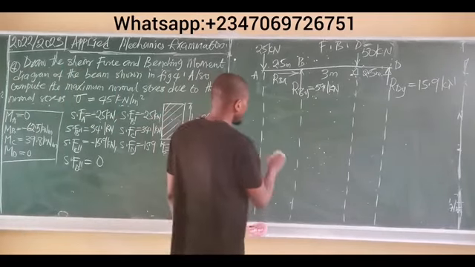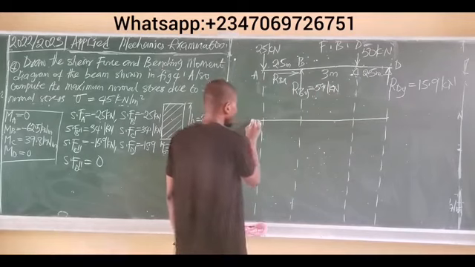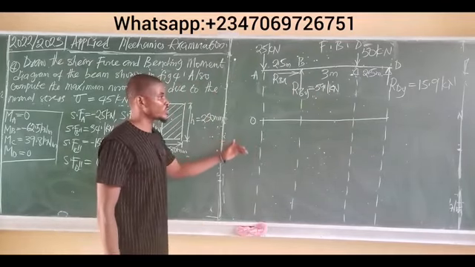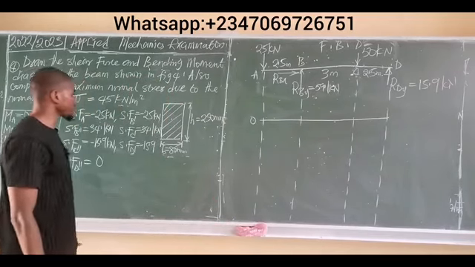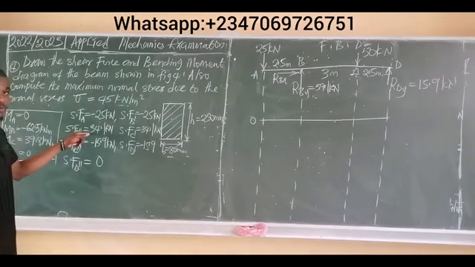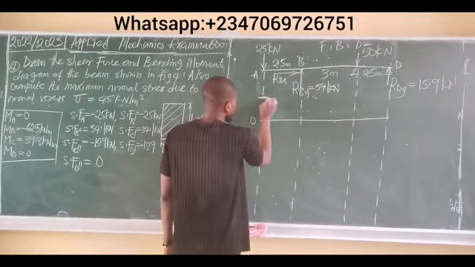So first thing first, you draw your origin. Let this be your 0 mark or the origin. Now above the origin are positive values, below the origin are negative values. And the only positive shear force value we have here is 34.1 kilonewtons positive. So you indicate it somewhere here,